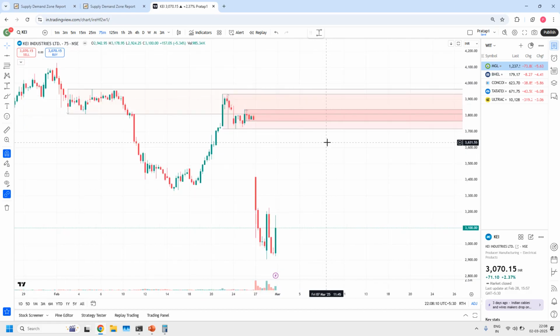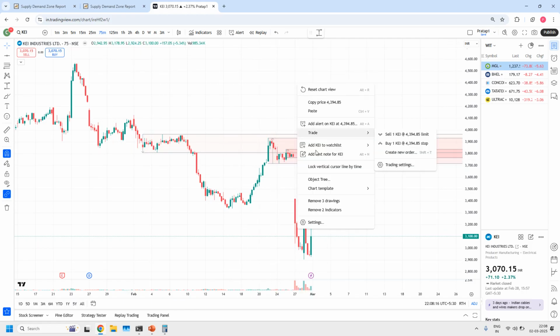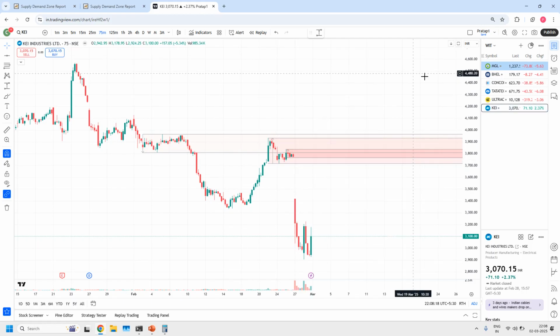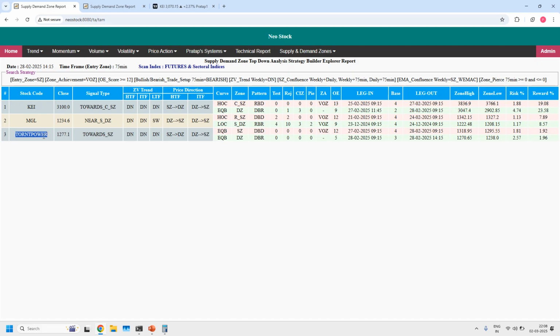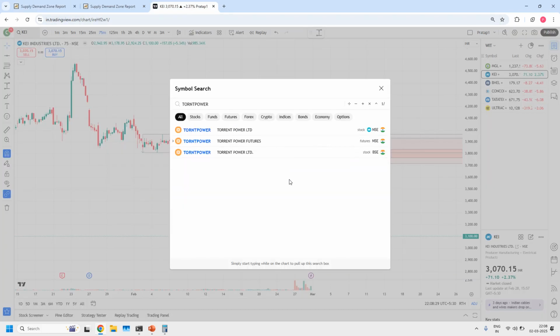Okay. So this is about KEI, having weekly EMA confluence, not having daily EMA. So let us add KEI, weekly EMA confluence. And what is the last one? Torrent power. And torrent power,